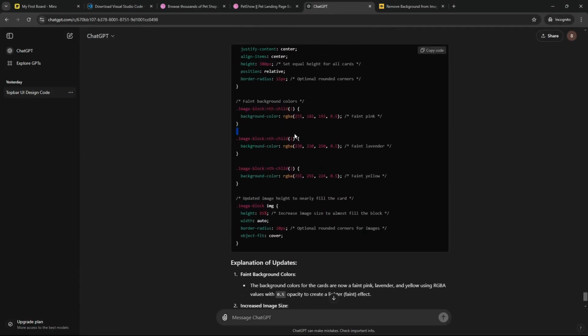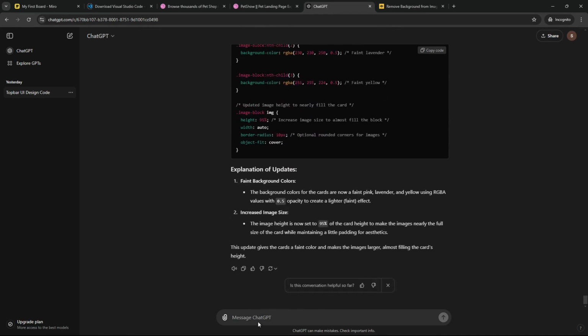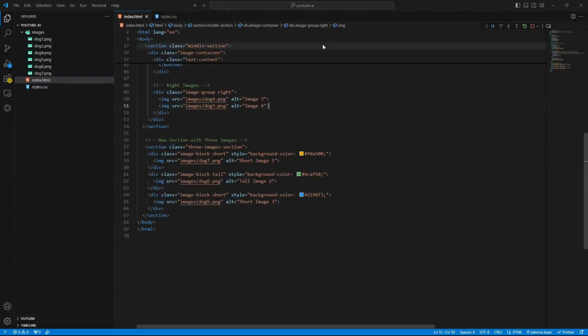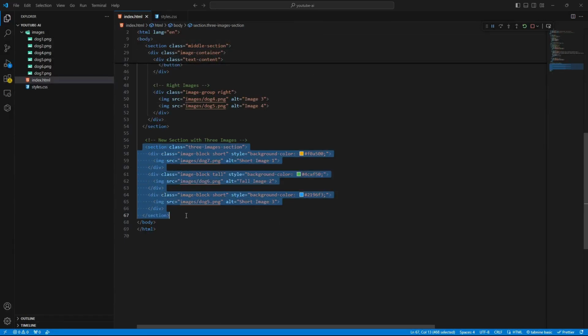So instead of image block and a child, we can mention next child, as I'm going to have only 3 images. Let's just pass it this code and tell it to,